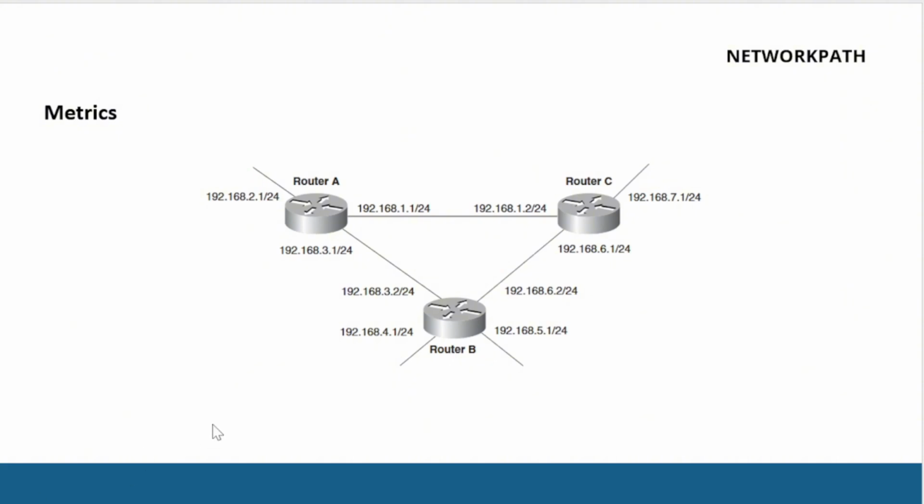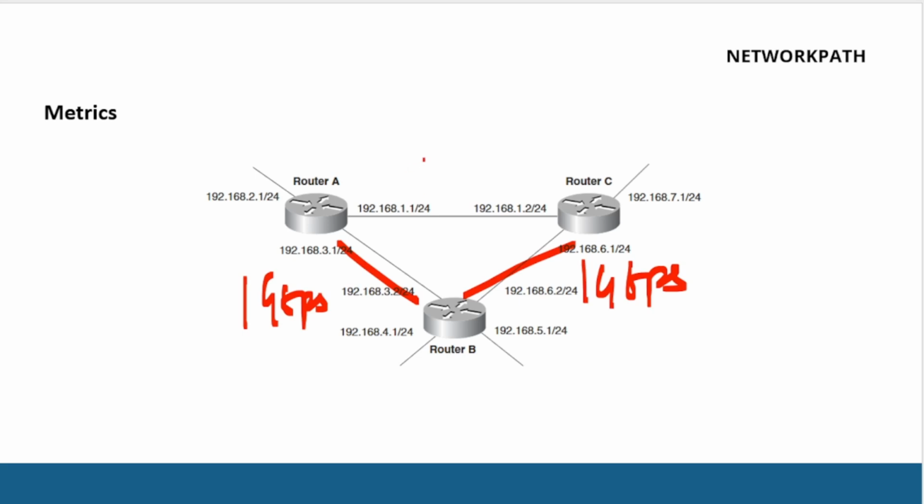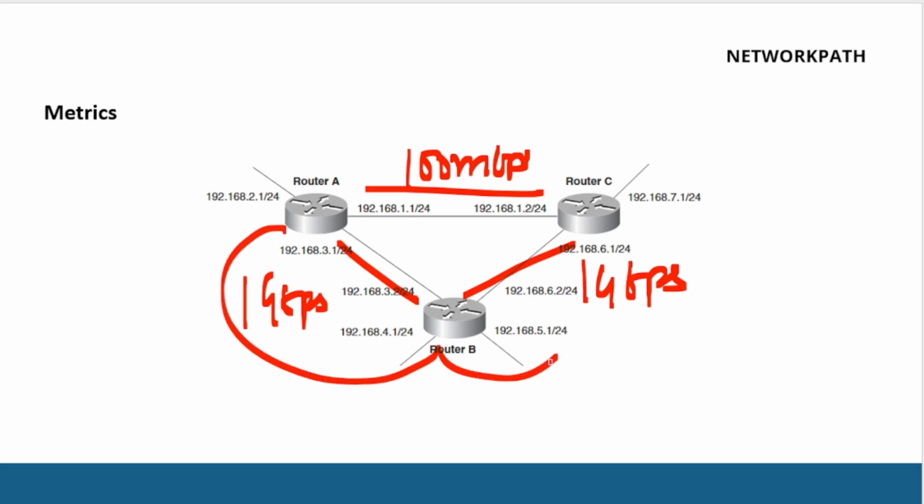As I told you, if there is a 1 Gbps link here and a 100 Mbps link there, and I choose bandwidth as my metric, then the router will send its entire load on this path. That means all the traffic coming from here and looking to go to 7.0/24 will be forwarded through this path,